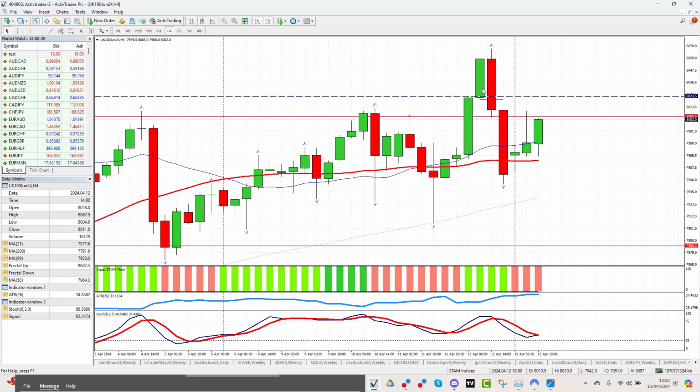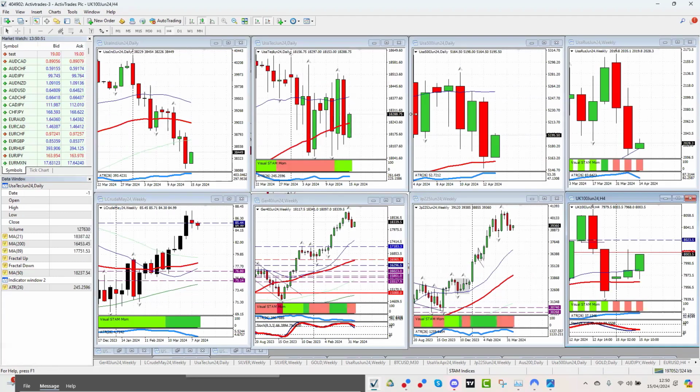This is a 4-hour chart, 4-hour FTSE. We've done a bearish key reversal off the 8,000. No surprise after Friday's news. What we saw, and this goes for all of those kind of indices, is that Iran came out and said that they gave the UN and the US 72 hours notice that they were going to do something. As I always say about trading, somebody somewhere always knows something, and because of human nature, they're going to use it for their own benefit, and that might have also been a contributory factor to the big sell-offs we saw on Friday. But you can make of that what you will.